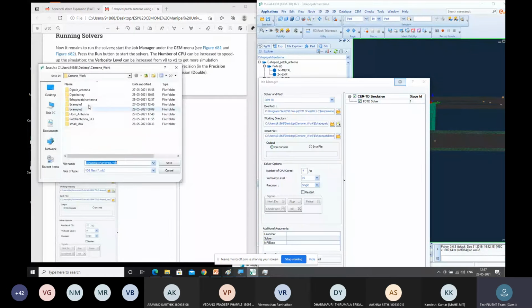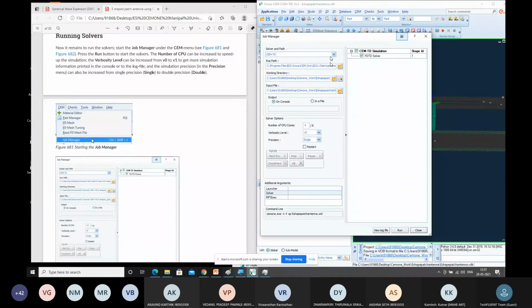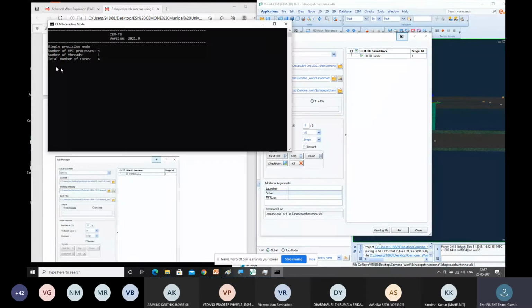It's always a better option, after saving your project, to also save your file into a directory, because if you want to make some basic changes, then you can directly do it from the VDB file. If not, again, you have to start from the IGS. That's the reason VDB is a preferred one. So now let us just go for run. It takes a few seconds or a few minutes to validate it.